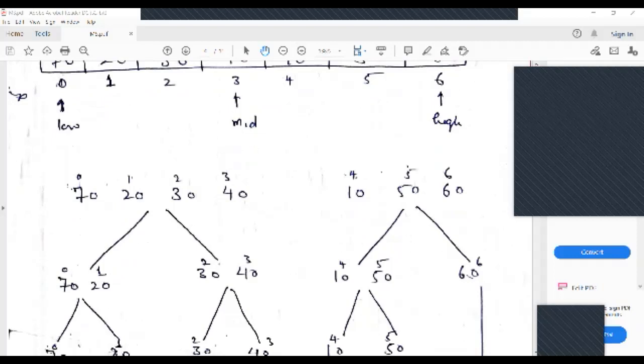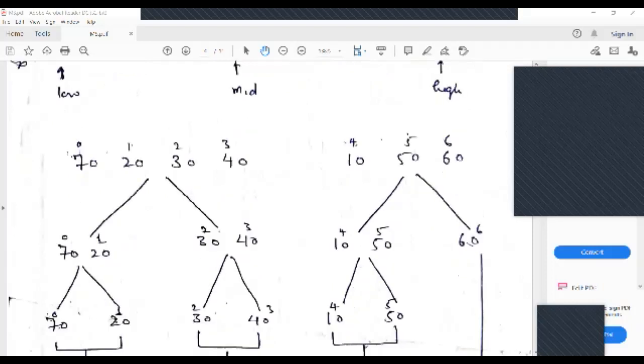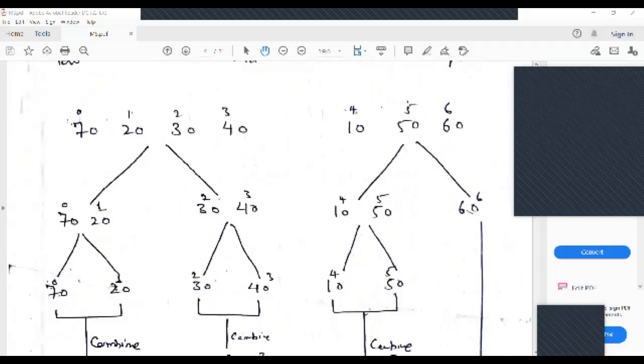So the first sublist, that is the left sublist, can be defined by using the index 0, 1, 2, 3, and the right sublist, that is the second part of this big problem, can be defined as 4, 5, 6. Okay, again the same thing will be repeated. ठीक है, वही कॉल होगा ना, merge sort will be called, again it will be divided. So just see again this problem, that is 70, 20, 30, 40, which is having index value 0, 1, 2, 3, will be divided into two sub problems. One is containing the elements 70 and 20, and the other one is containing the elements 30 and 40. I am just tackling this first sub, not talking about the second sub. The same thing will be repeated.